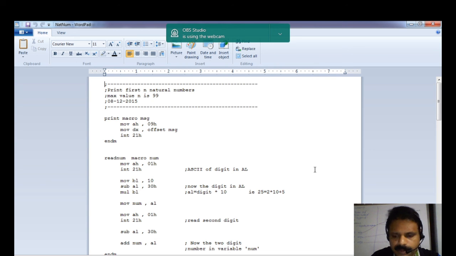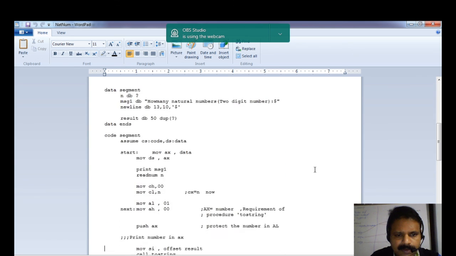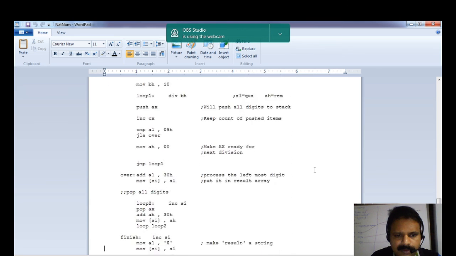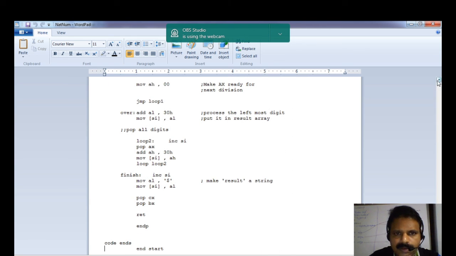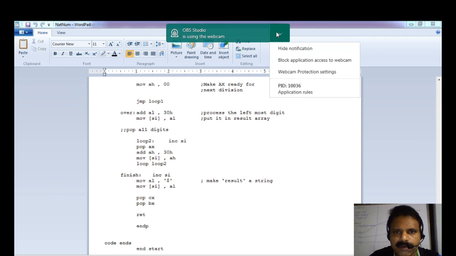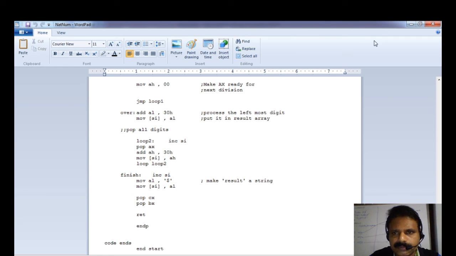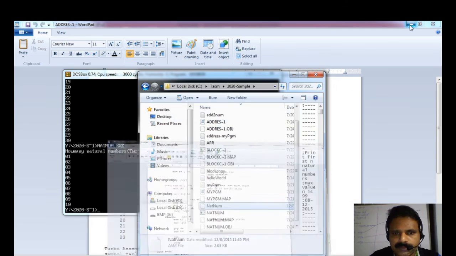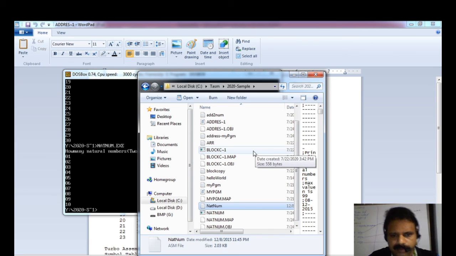This will be the program. Next we will move to the object code generation of SIC.